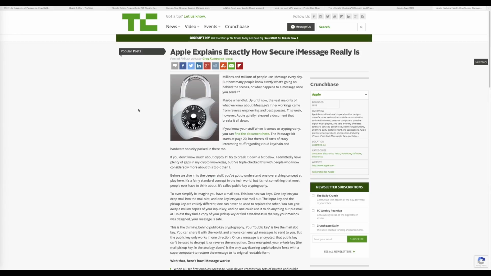So the last article, which I've linked below, is this one about iMessage. Now, not everyone will be using a Mac, but obviously there are a lot of people out there that don't use a Mac computer, but will use an iPhone. So this article is talking about iMessage, how secure it is, and how it works. So it's really just to give you some reassurance about how secure it is. A good article to check out, and the last one that I've linked.